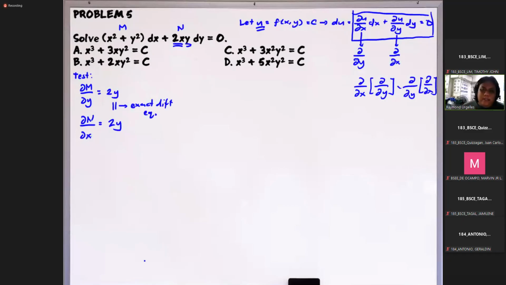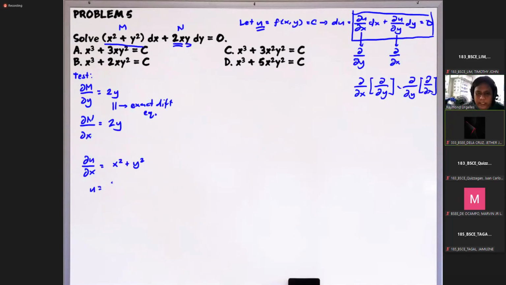Okay, so how do we solve for u now? What we obtained means that the term multiplied to dx is the partial of a function with respect to x, so we got it by treating y as constant and taking the derivative with respect to x. So we can say that the partial of u with respect to x is equal to the term multiplied to dx, x squared plus y squared. To solve for u, or at least a draft of our u,